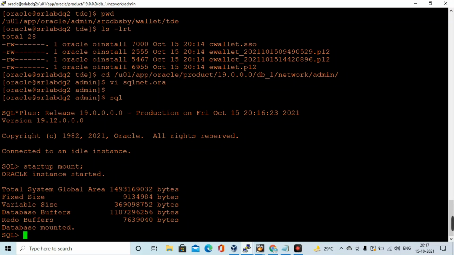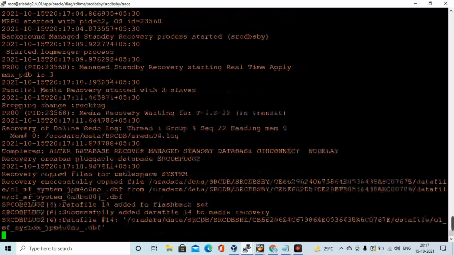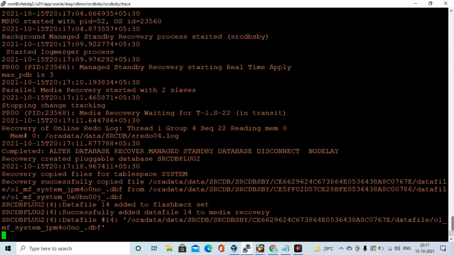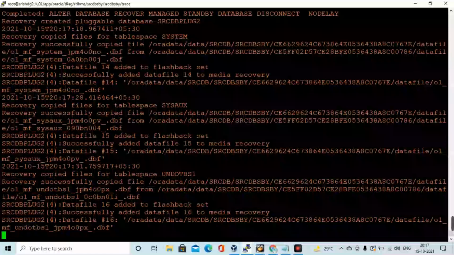Let's see. You can see recover managed standby database disconnect no delay. The DataGuard broker has been enabled, and the MRP has started automatically, so the recovery also happened.